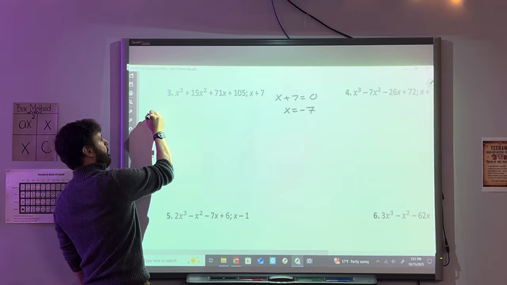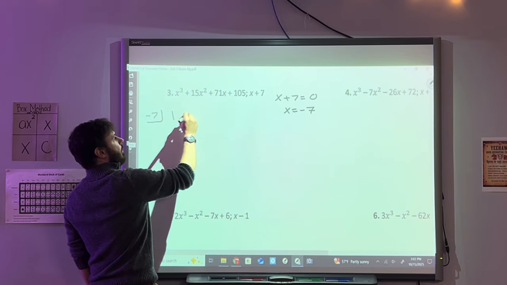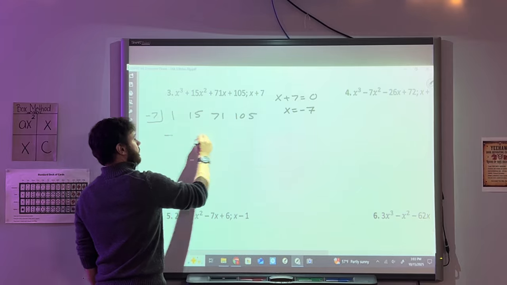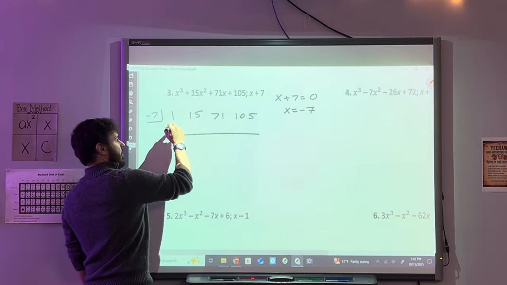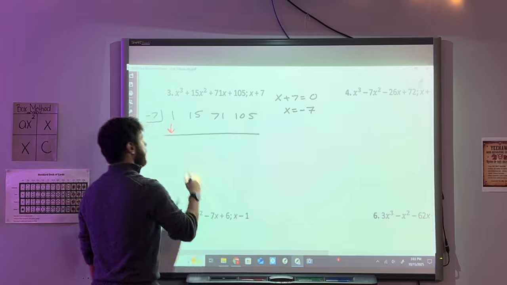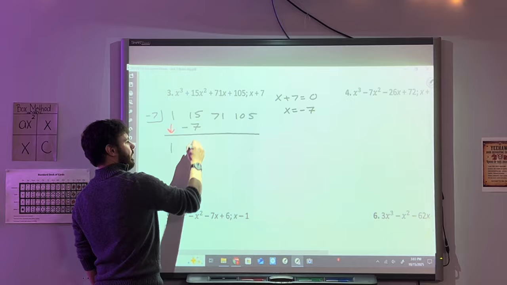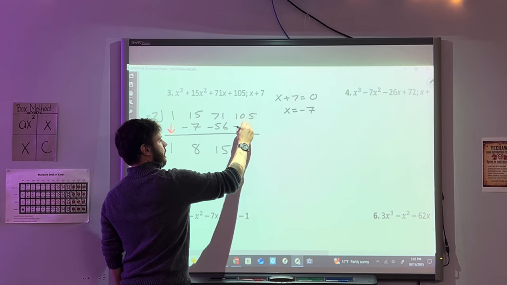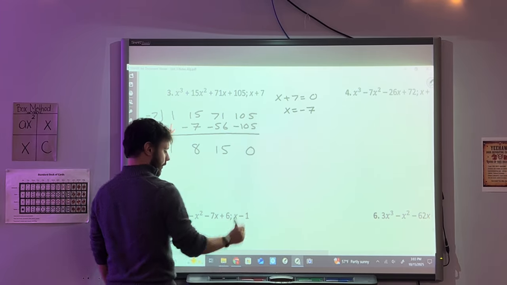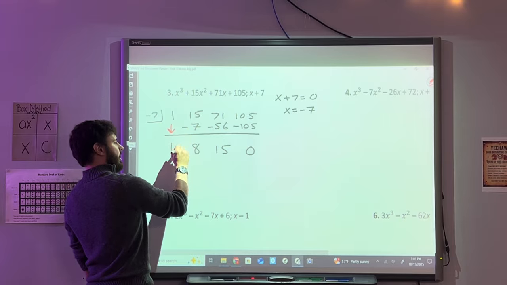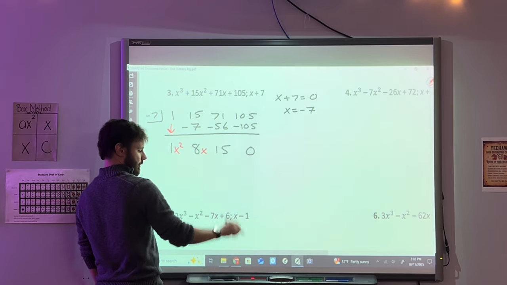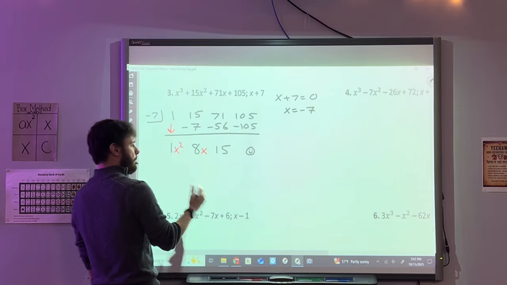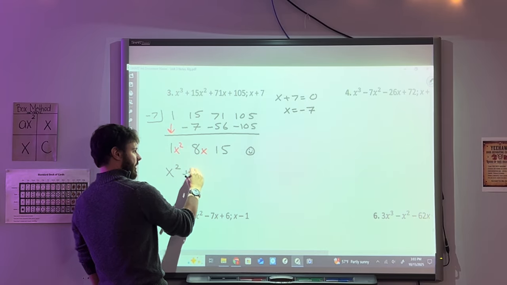Okay. 1, 15, 71, 105. Take the first thing, drag it down. 1, multiply up, add down, multiply up, add down, multiply up, add down. Okay. I started with 3, I should have 1 less. 2, 1, none. No remainder. Love to see it. X squared plus 8x